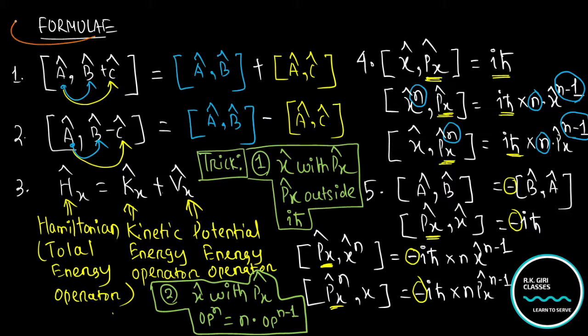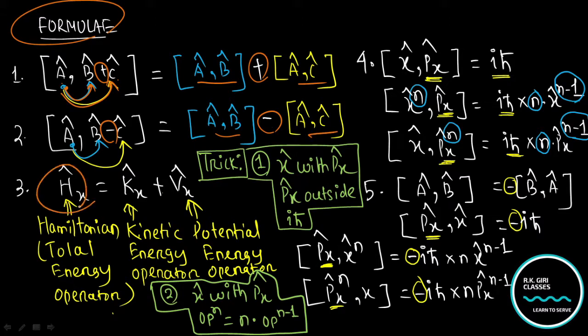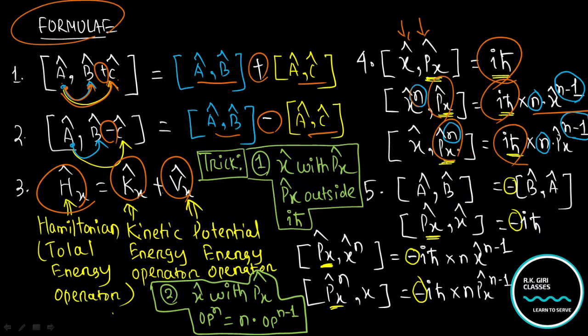Now from a formula part, that is A(B plus C), that is A with B, A with C, plus A with B, A with C. If this is minus, that is A with B and A with C, negative symbol. That is the Hamiltonian, the total energy operator, that is Kx plus Bx. As I told you, x Px, that is plus iħ. For x to the power n, it is n into x to the power n minus 1, that is iħ, because Px is outside, shortcut trick. Px outside gives iħ, and n above Px gives n into Px to the power n minus 1. N above x gives n into x to the power n minus 1.